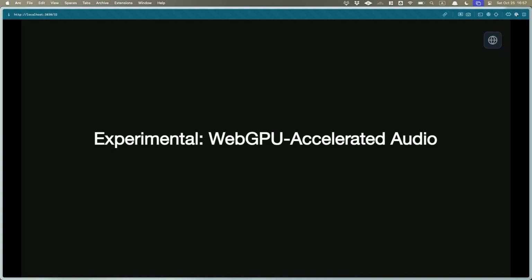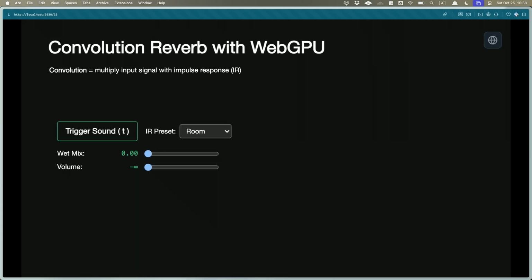And lastly, I would like to share a very, very experimental thing that I recently tried. And to be honest, I completely wrote this by vibe coding. So I totally do not understand what's going on, but it still works. Because, I mean, in theory, I know what WebGPU is, and I know what WebAssembly is, and why not just put them together? Because sometimes certain audio processing requires massive parallel processing, and WebGPU is a perfect suit for that. And so here's what ChatGPT originally gave me, and I revised it with Claude Code last night,